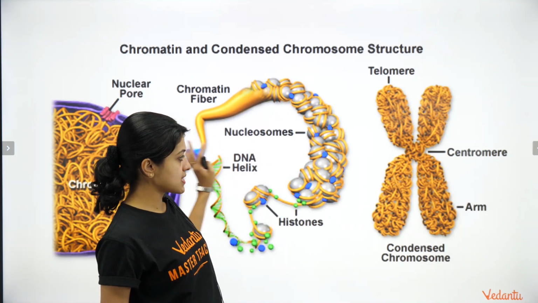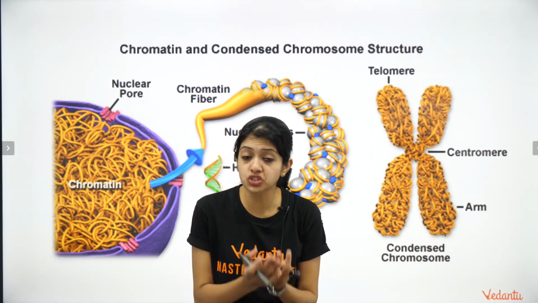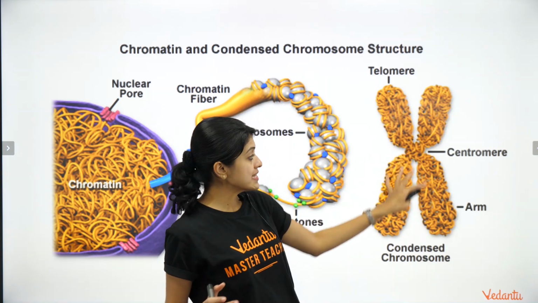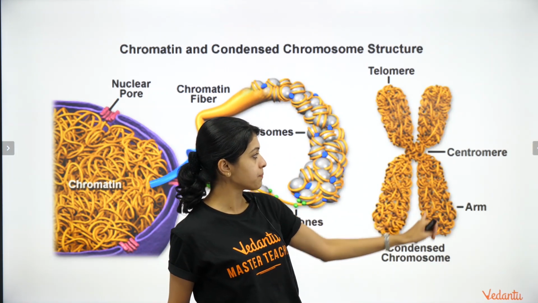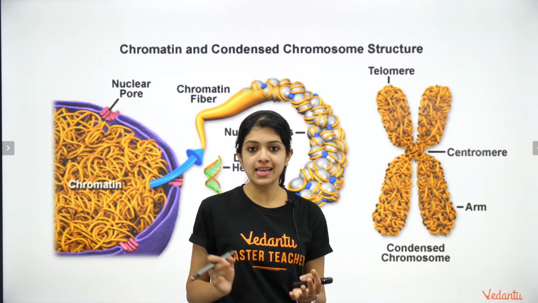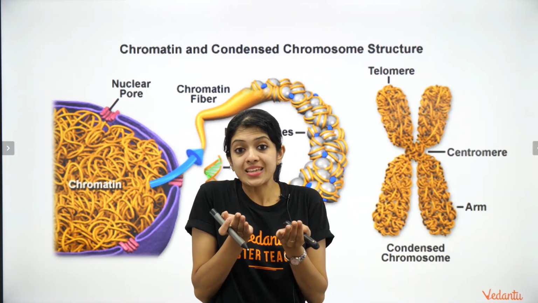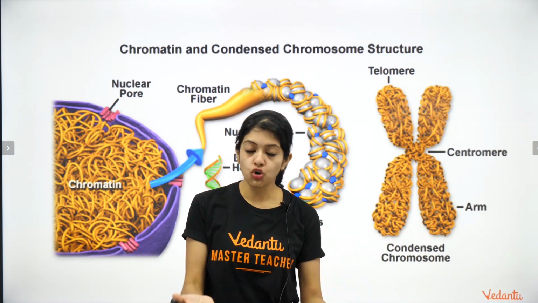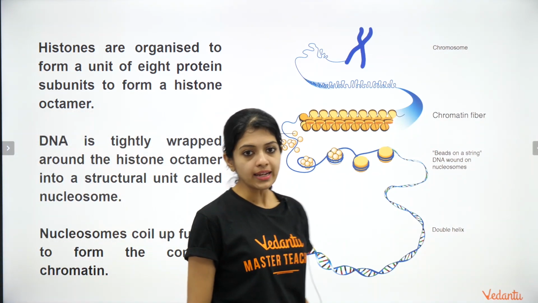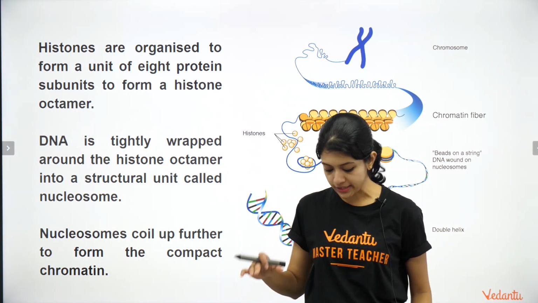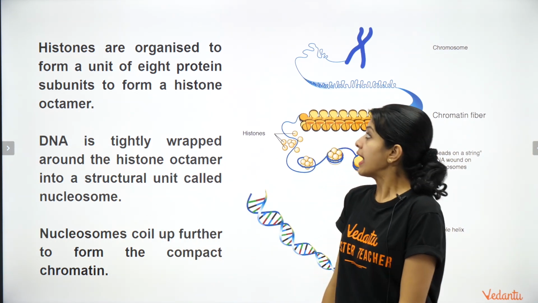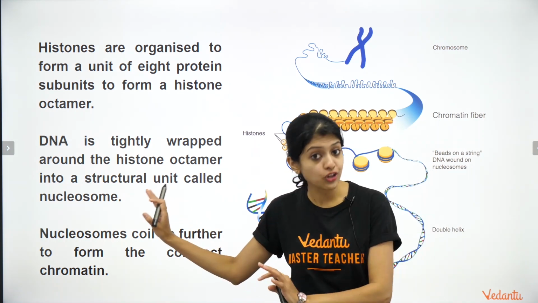Okay, chromatin is this. After condensation, the X-shaped structure with sister chromatids looks like this. So what you can see here is that it's basically the same noodles thing that makes this also. The only difference is that it's organized into systematic shapes like these during cell division. Okay, now coming to a little more detail on those, because I know it looks like a messy mass, all of that packaging there. Now histones, I've put this here for your information.